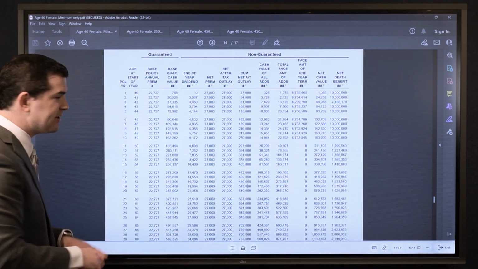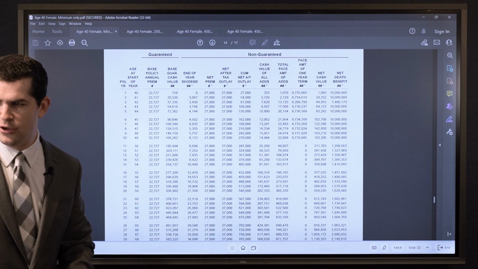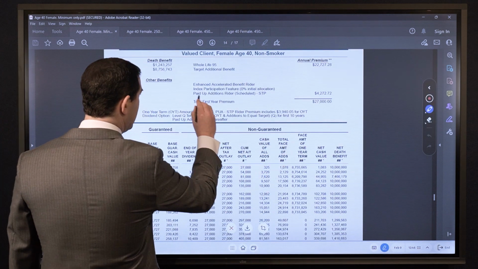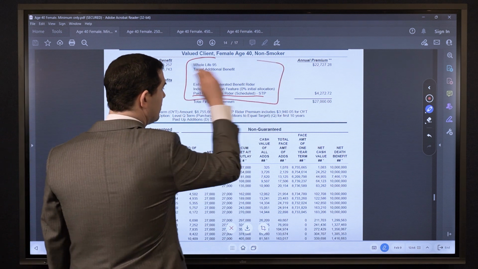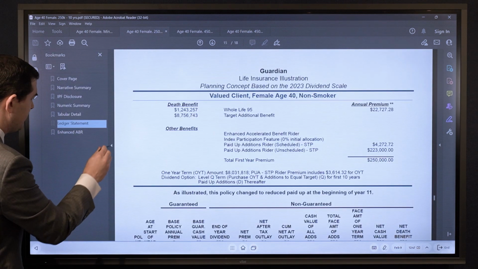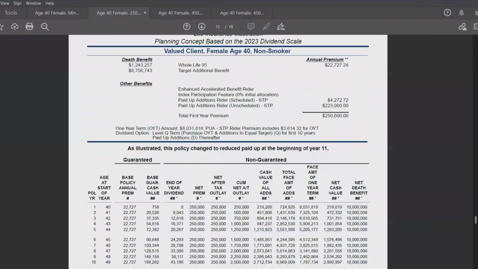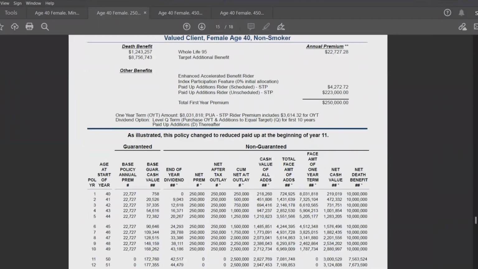So let's look at this exact same policy. And here's what I would look at here. Here you've got a scheduled PUA rider. Keep your eyes on this section. Same illustration. What do you notice here in that same section? What has not changed? Base premium, scheduled PUA. What do we see there that's different? See that extra line, paid up additions rider, unscheduled? There you go,